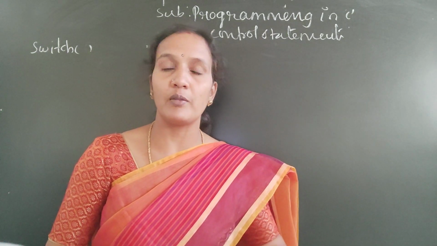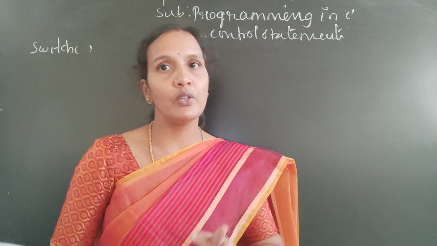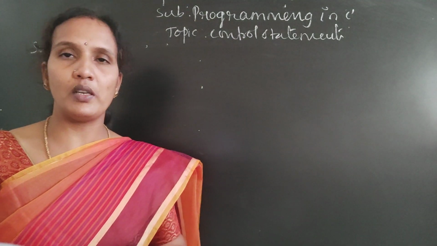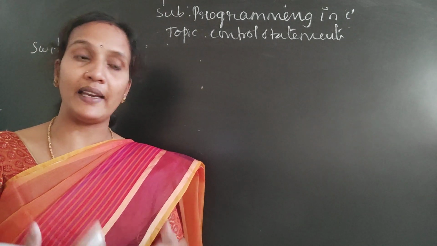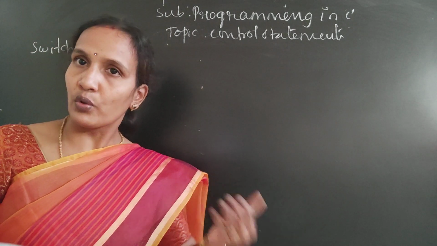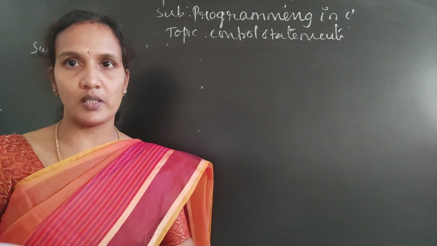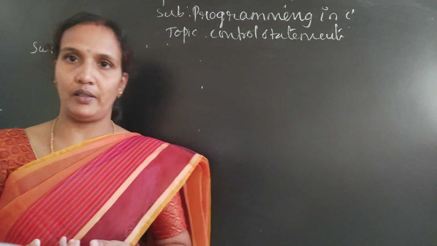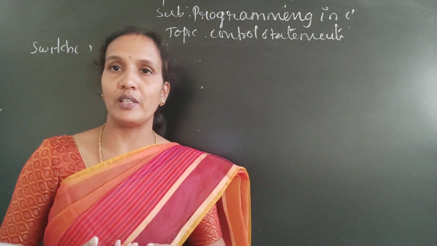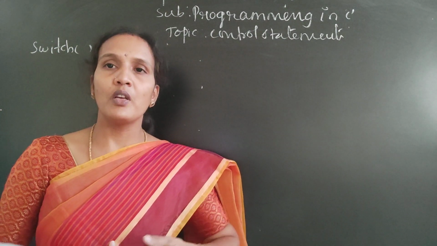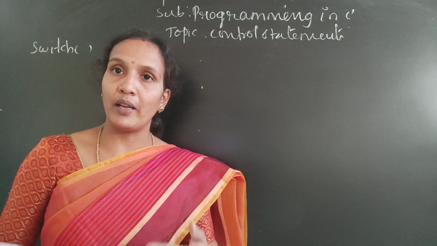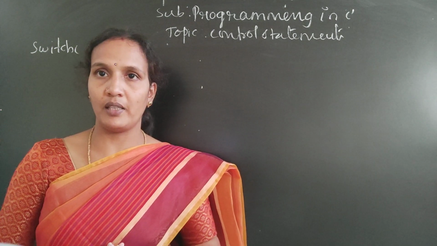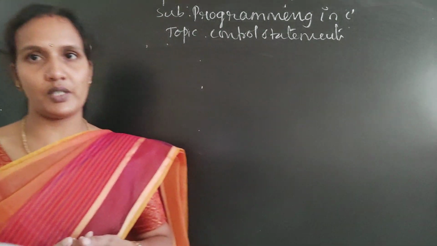in a decision making statement, for every if condition you need to give 2 possibilities. One is true and the second one is false. For example, if you have 10 if conditions, then you have to write 10 true blocks and 10 false blocks. So it means a lot of code you need to write. You can implement it, but you have to write a lot of code. Okay, so in C programming we have one alternative method. If you have a large number of decisions to make, that is the switch statement.